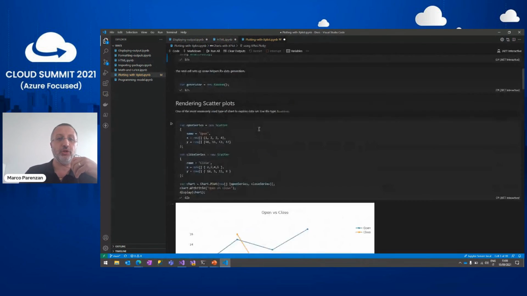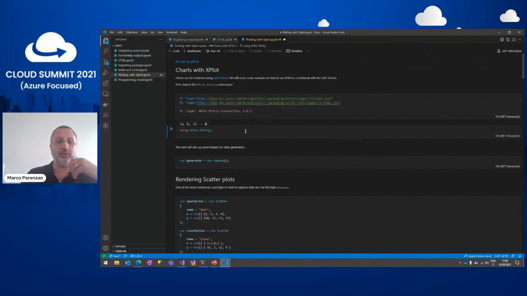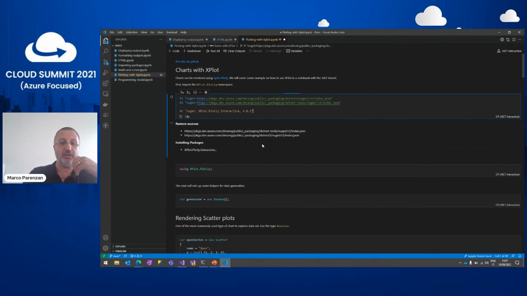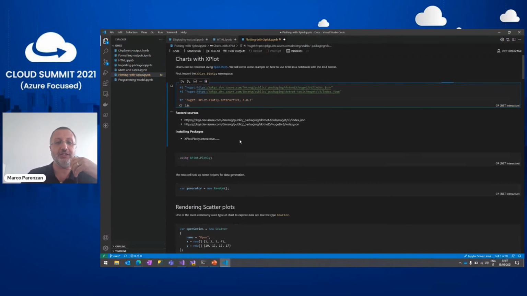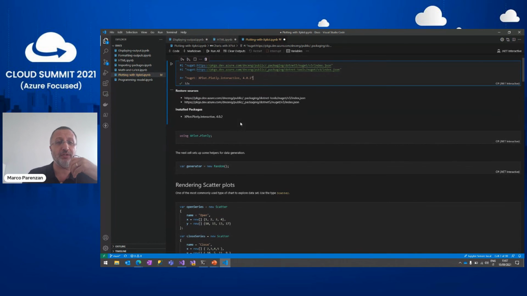Just to show how it works, I clear the output. You see that you can add, for example, a NuGet package. Okay, you see that it is installing, it's downloaded from NuGet, a package for Plotly, a library born in HTML and JavaScript that represents graphs.